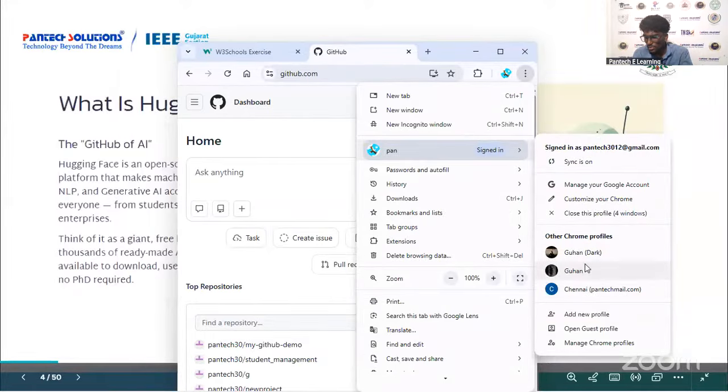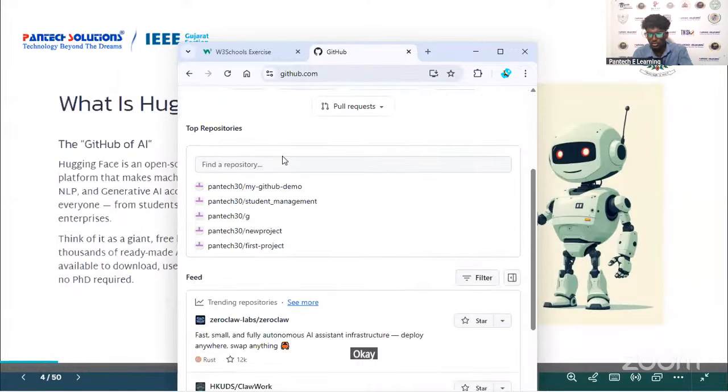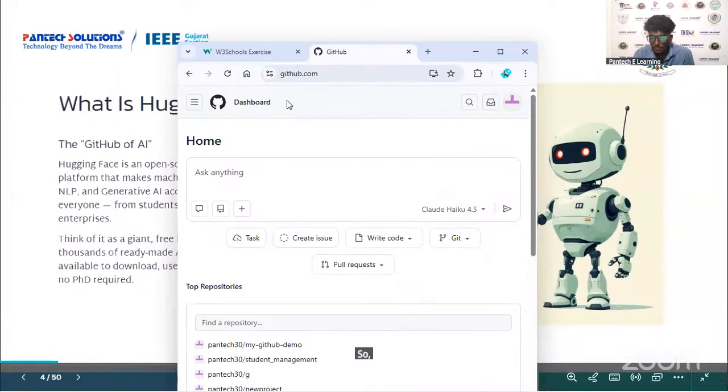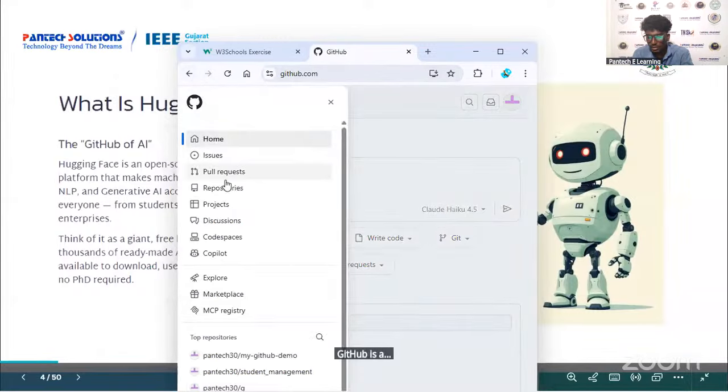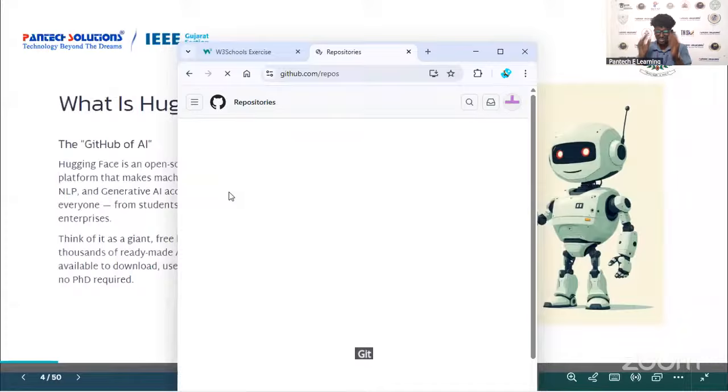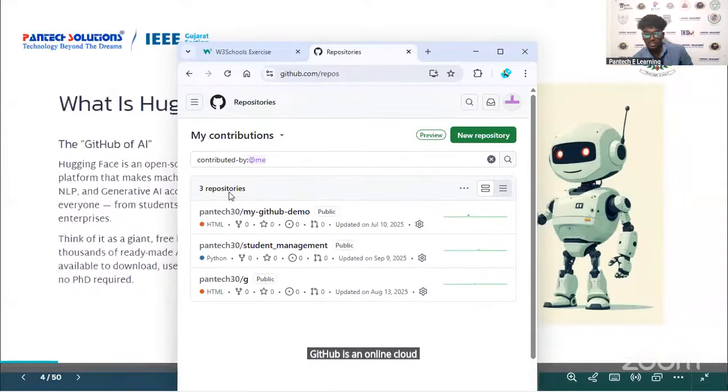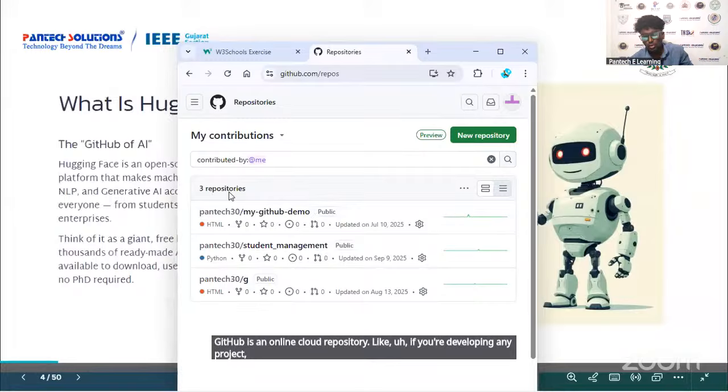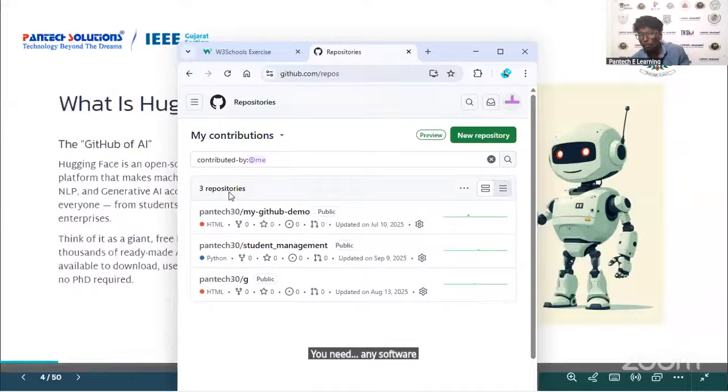So in my official idea, it's okay. So here, this is GitHub. GitHub is an online cloud repository. If you are developing any software project, we need to upload a